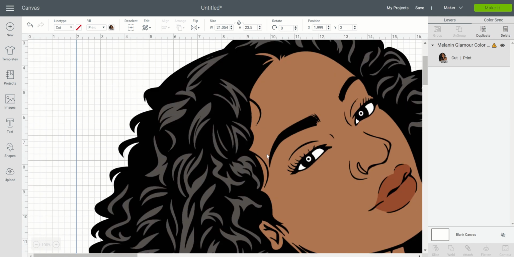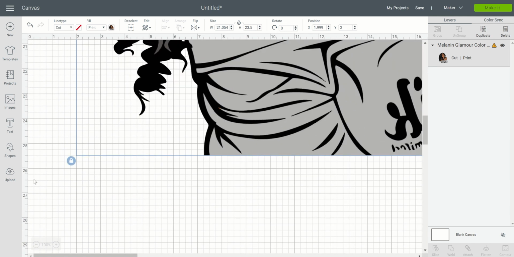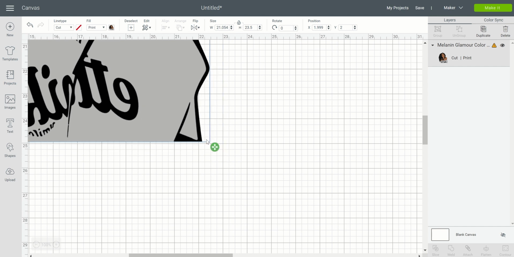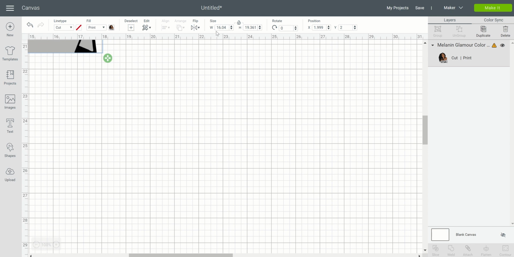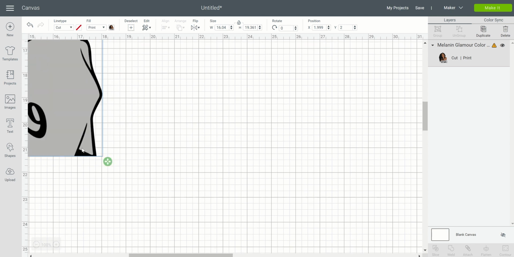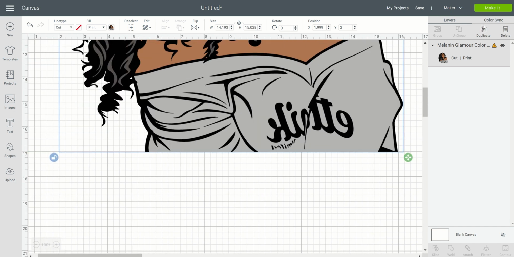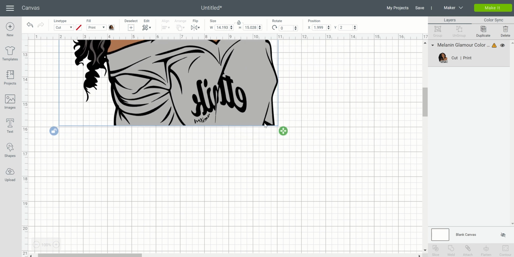Don't freak out. All you do is scroll down to the bottom of the image, and you're going to see a little icon that's a lock. You're just going to click it one time, and then scroll over to the very far right, because what you're doing is unlocking the image so that you can maneuver the size, the height, and the width of it, or reposition it. You have another little icon here that has 4 arrows, one up, right, left, and down. You're just going to click that and then drag the image in. You can see here that your size, your width, and the height is being impacted. It's changing for you. You're just going to continue to move that image size until the alert message goes away. So if I continue to move this image,